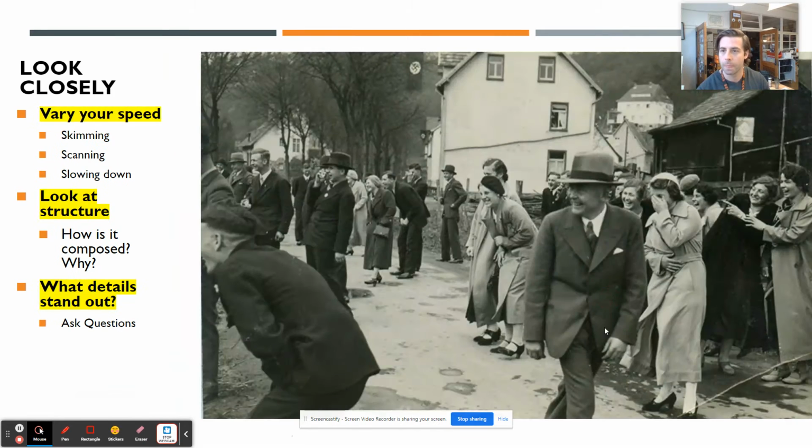Let's try another one. So again, take a quick look, and then I want you to pause and look more closely. All right, did you do it? So on first look, we see all of these people smiling and laughing. They're having a great time. This just seems like a fun old picture, maybe from the 1940s or 1950s, people having a good time, right? But if we start looking for details, we start to notice